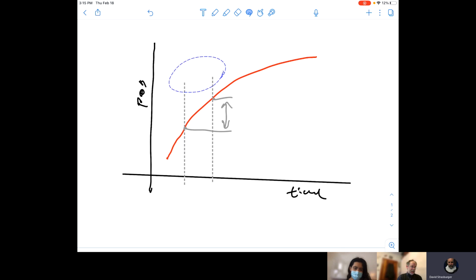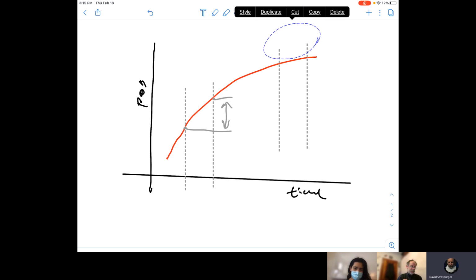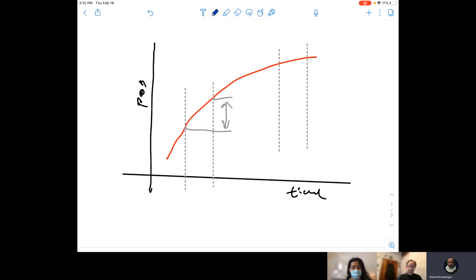But what happens if we ask about some later time, right? If we take the same amount of time passes over here, do we travel the same distance? No, we don't. So what's happening to the speed in this case? I think it decreases. I totally agree, right? Because the first time around, we went through this much distance, but now in the same amount of time, we go through a much smaller distance. Yep. So this is decreasing speed.